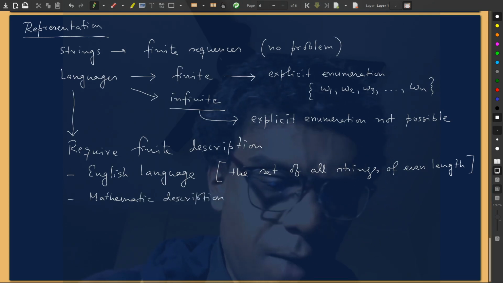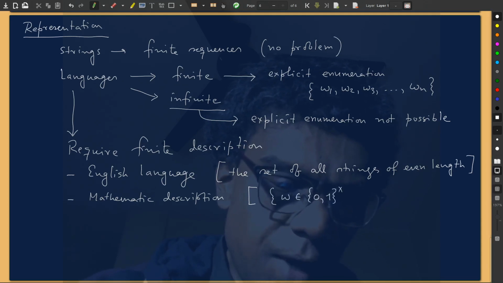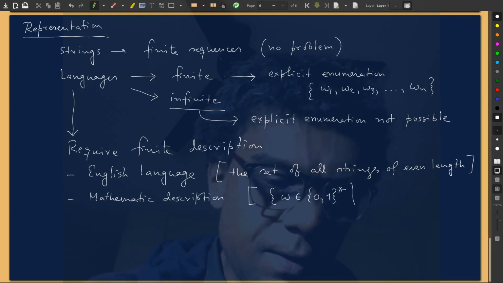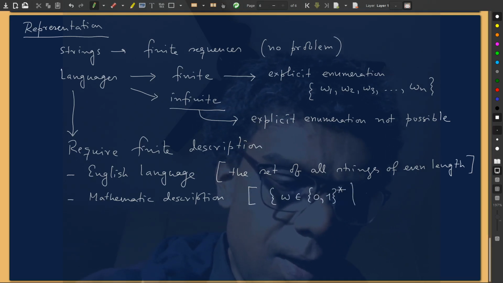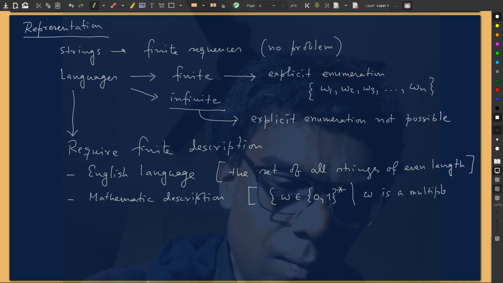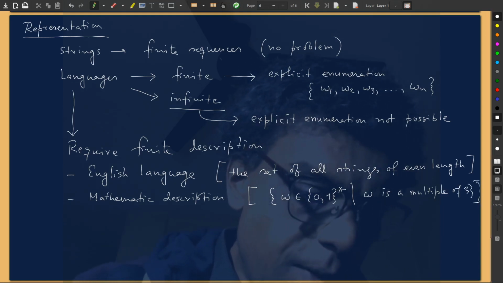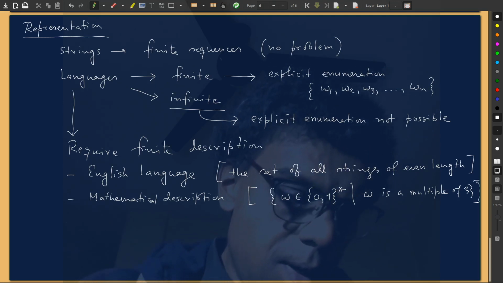For example, we may have the set of all w in {0,1}* such that if you treat w in binary, so it's now a number, w is a multiple of 3. Things like this. There are other ways also. Anyway, okay, mathematical description. Then